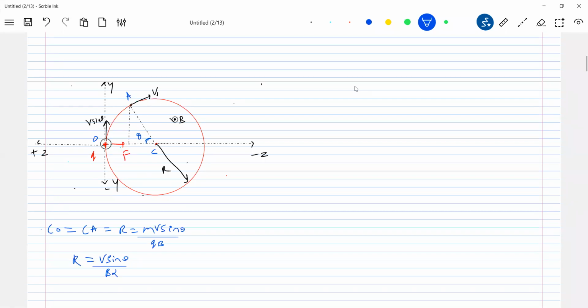Then can we write this? What is the coordinate of this one? y comma minus z. So what is y? y is equal to r sin theta? So the coordinates of this point will be y comma minus z. So what is y from the triangle? This is y, I'll write it. And this should be the z. So this will be z. Of course, negative value, minus z it is.